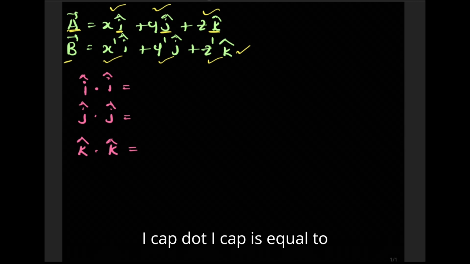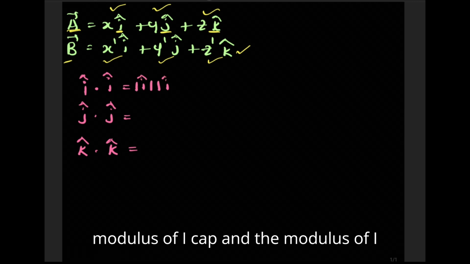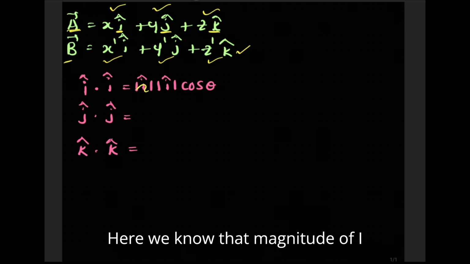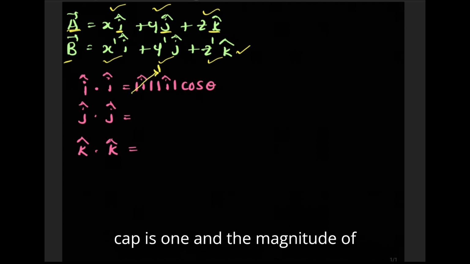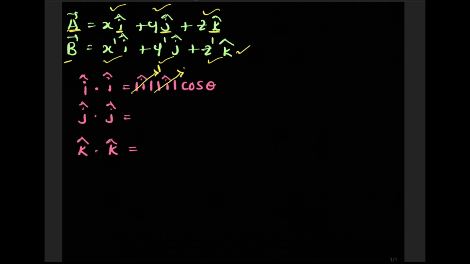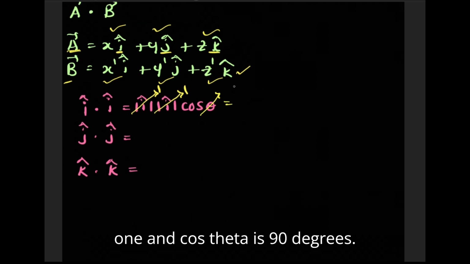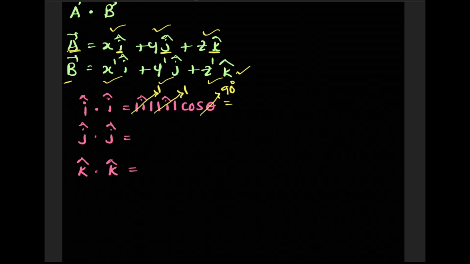That means i cap dot i cap is equal to the modulus of i cap times the modulus of i cap times cos theta. Here we know that the magnitude of i cap is 1 and the magnitude of i cap is 1, so we have 1 into 1, and cos theta